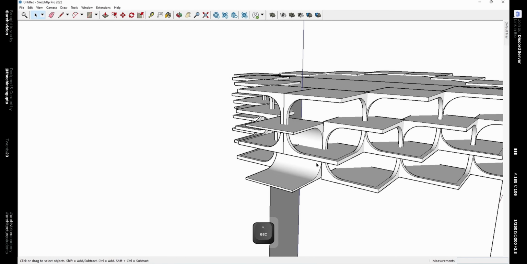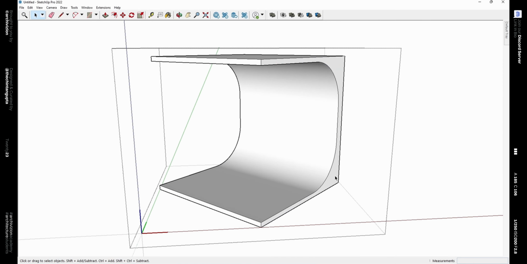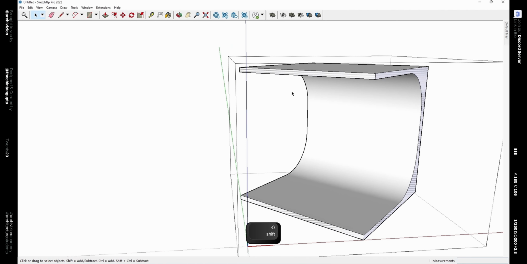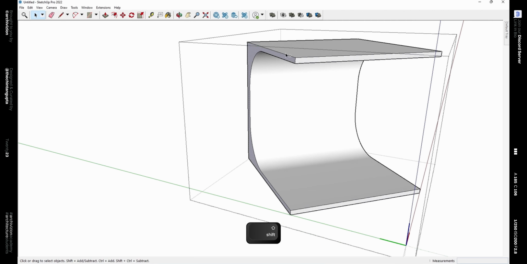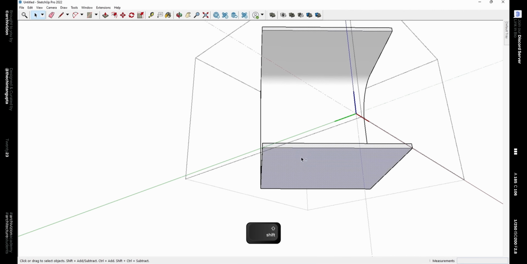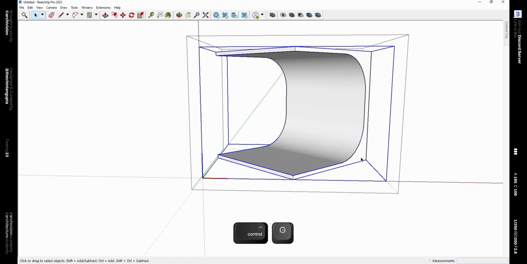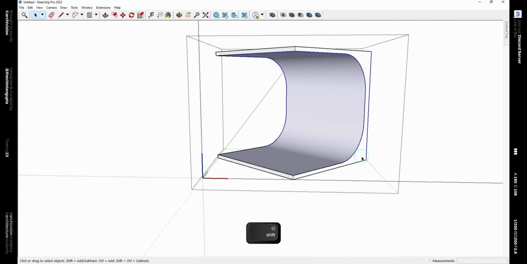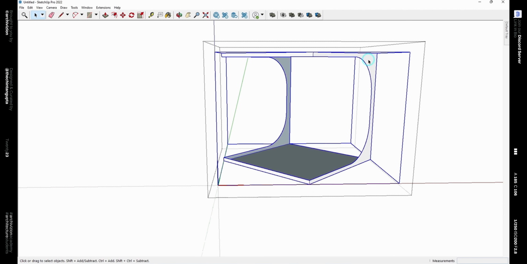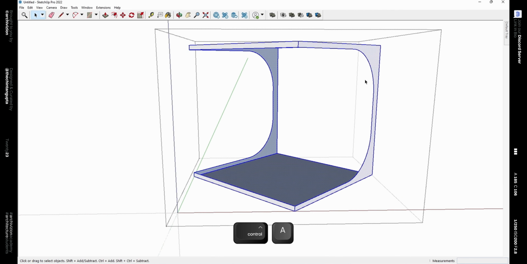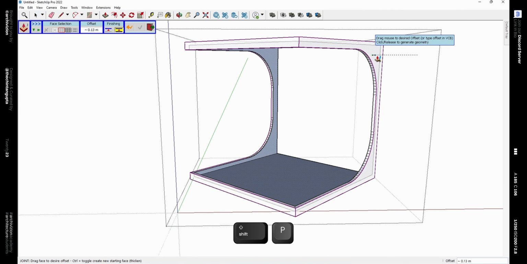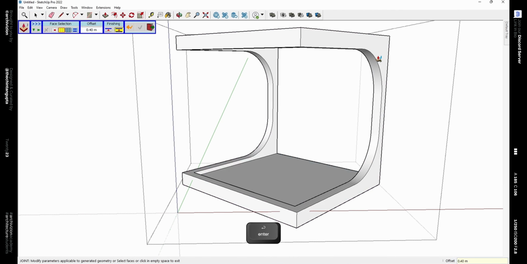Now we need to do the same thing with component 2 as well. So select this face, the one over here, and the top face and the bottom face, and then make them a group using Control plus G. Then select everything using Control A, and then hit delete after deselecting the group, and then you should be left with this. Now to give this thickness, use the joint push pull plugin, press Shift P and give it a thickness of 400 mm.